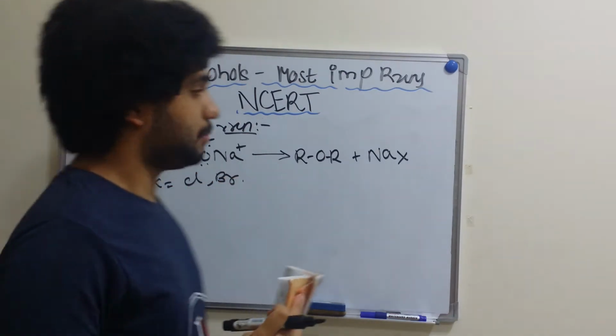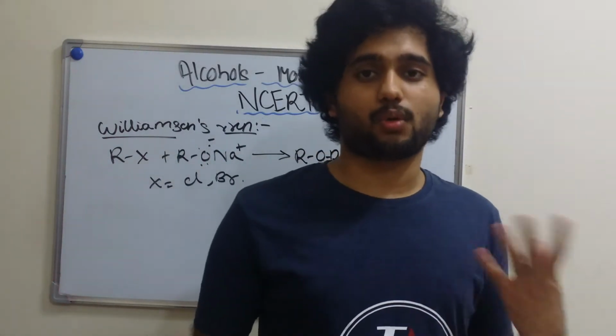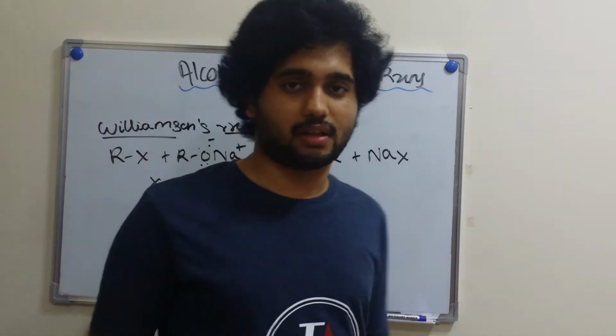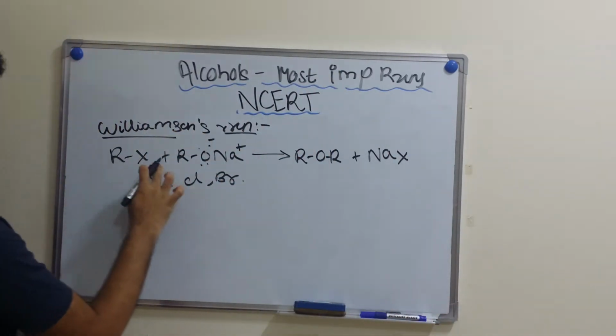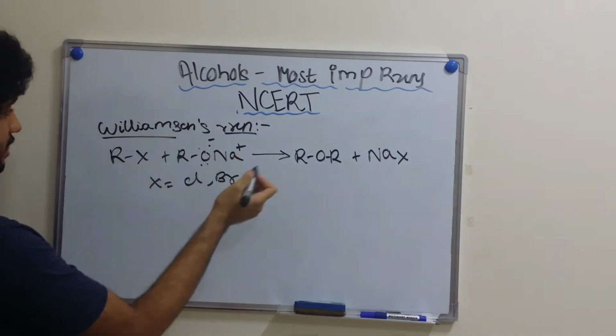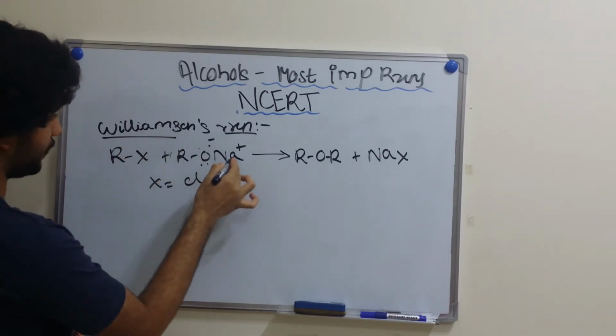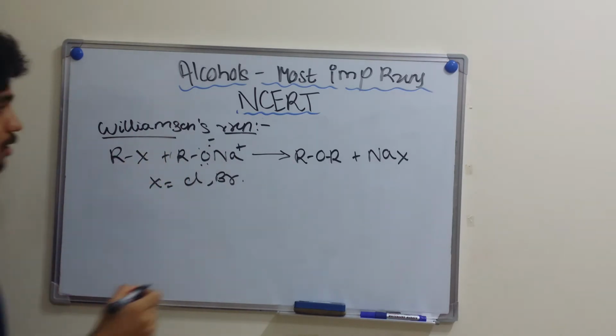Many people get confused, so remember this reaction. How can you remember this? Remember it like a single displacement reaction. It's just like RX and RONa, they just exchange positions. This R goes and combines with this OR, and this Na comes and combines with this X. So this is your